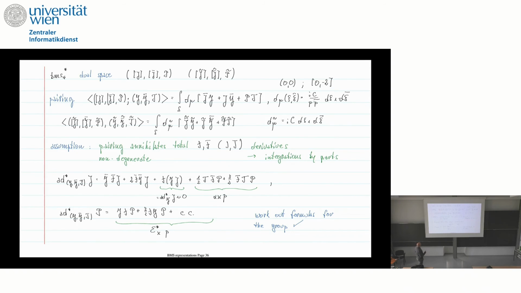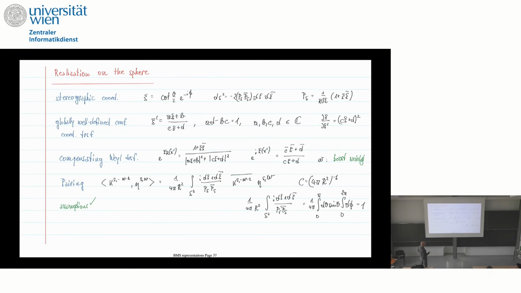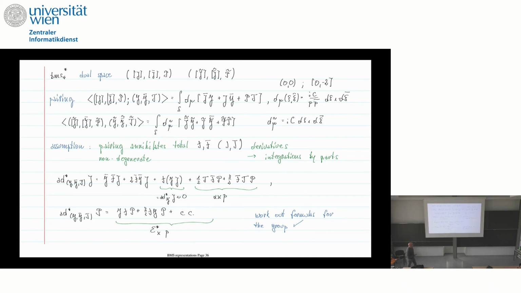Okay, and then you just do the exercise that you are supposed to do, and you build the adjoint and the co-adjoint representation. And the interesting part where people didn't agree is an important thing, because it's super momentum, and the question is, what is the right weight for super momentum? And the right weight from group theory is 3/2, and there's no way. Romain is laughing, but I hope he's agreeing.